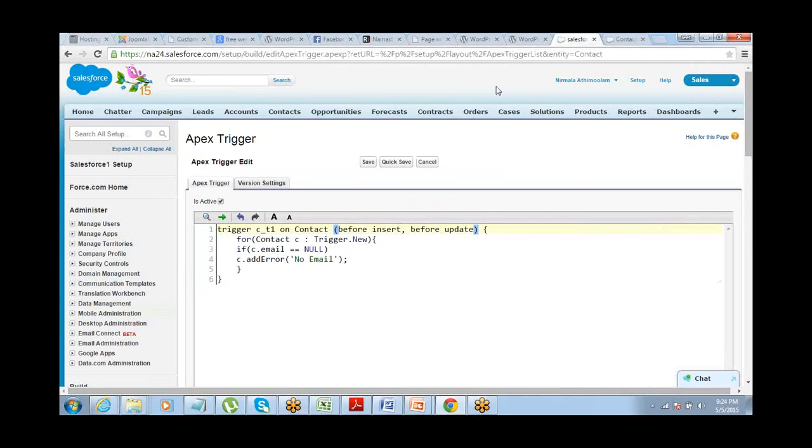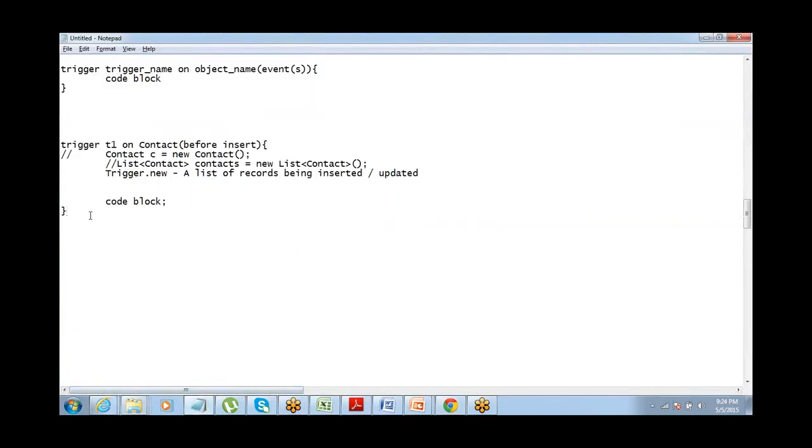So now, if I want to have one logic running for before insert and the other logic running for before update, how will I deal with that? Let's take this same example.